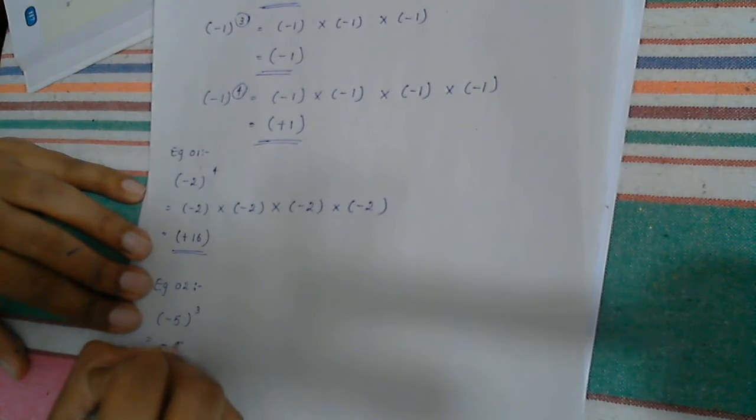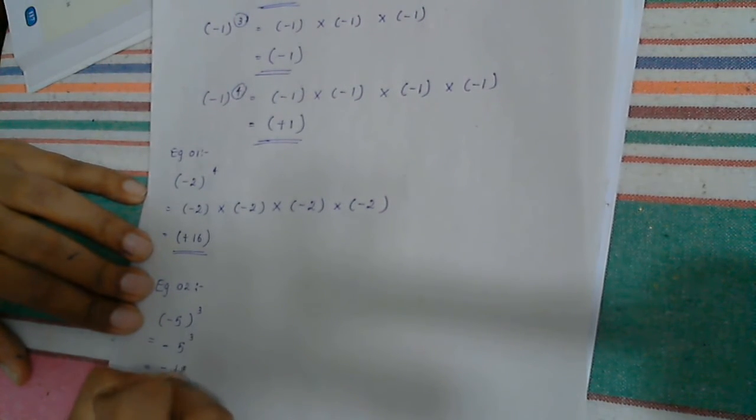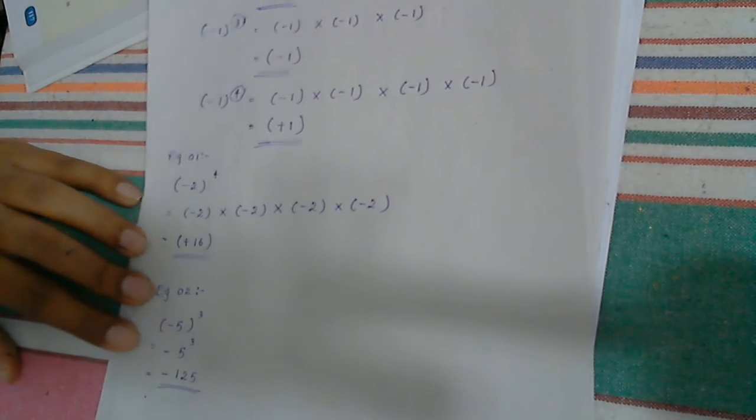Then 5 to the power 3, then 5 to the power 3 is 125. The answer is negative